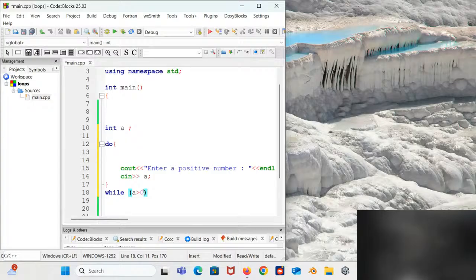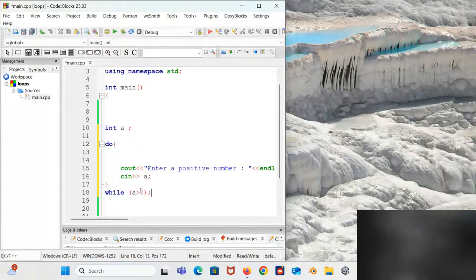0. Now, what is going to happen for this program is that the moment we start running it, it is going to ask us to enter a number. And then the number that we enter, it will be giving us more options to enter more numbers, only if the number that we enter is a positive number.